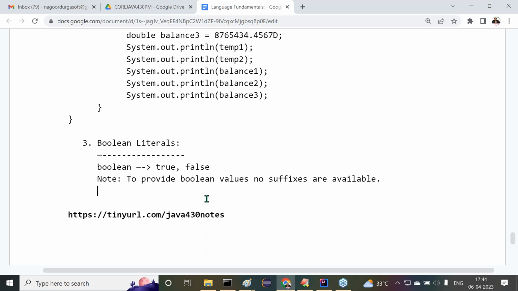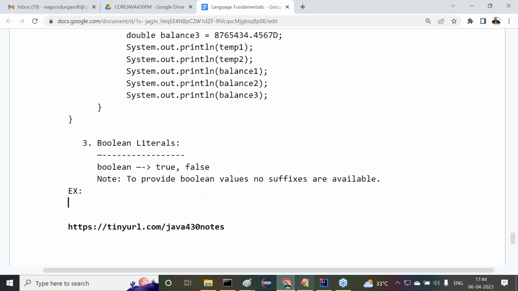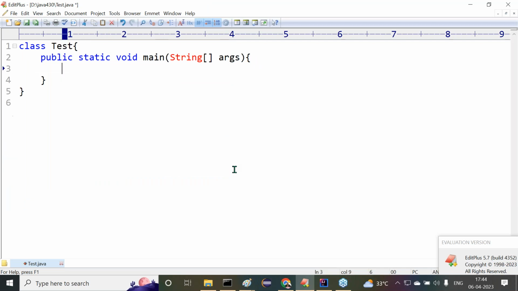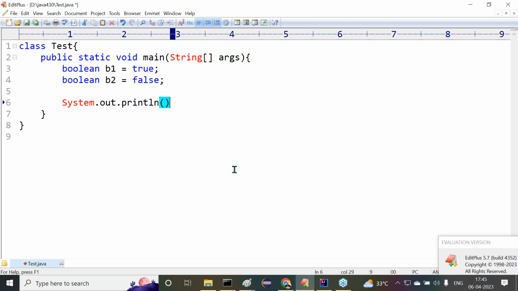Now here I want to give an example. Observe carefully. Say for example, boolean b is equal to true. boolean b1 is equal to true. boolean b2 is equal to false. Now here, System.out.println of